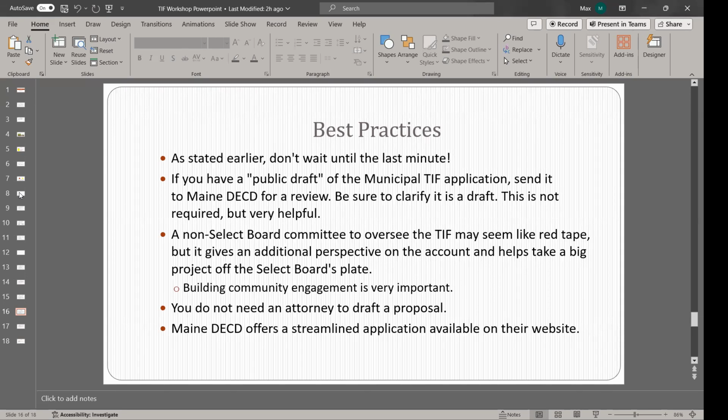The other two items is that you don't need an attorney to put together a draft proposal. The Maine Department of Economic and Community Development has actually put together a very streamlined application that makes this a lot easier. You do not need an attorney. You can still get an attorney if you want, but it's not required. I can do it. Depending on who you ask, your regional council might be able to do it. Shoot, you could do it yourselves if you want to. There's no requirement on who's actually filling these out. But some people think you have to get an attorney, and that adds thousands of dollars onto something that shouldn't really cost you more than a couple hundred, maybe.